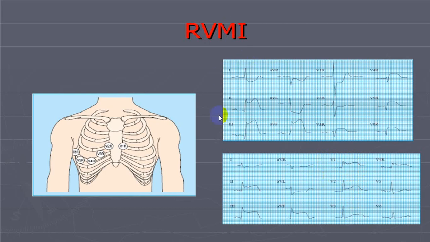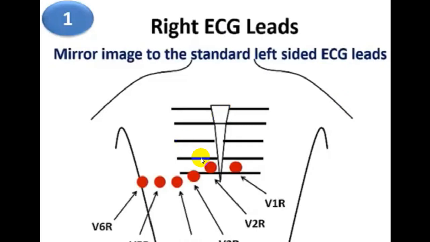Rule out RVMI always. Here this is V1R, V2R, V3R. So right from V3R you have got an ST elevation, but in V1 and V2 indirectly this will become V1 and this will be V2 in standard leads. So when you get such changes, always suspect ST depression. Also, RVMI can produce such changes because V2 corresponds to the opposite of what we call a posterior wall MI and RVMI. So in RVMI, V2 will become V1R and V1 will become V2R. Then V3R, V4R, V5R, V6R.